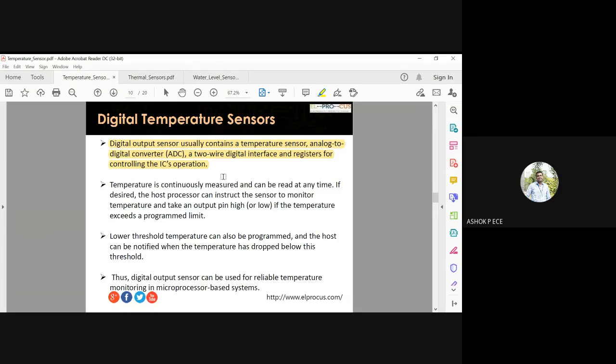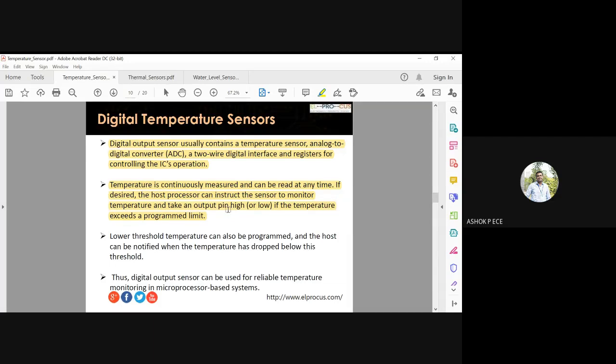But our bad luck is that all display devices are digital in nature. So we need a device to convert analog to digital, called an ADC. It converts the analog value to digital for displaying on the LED display. The temperature is continuously measured; the sensor measures temperature 24/7 and feeds the value to a simple processor. The processor converts the temperature into voltage and displays the equivalent temperature on the digital display, which is visible to the users.